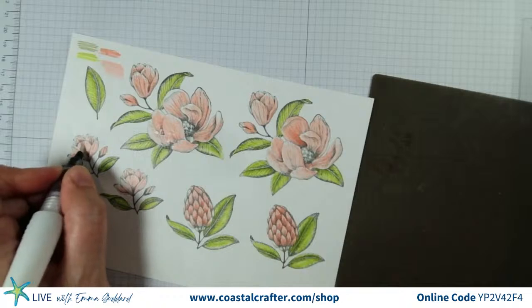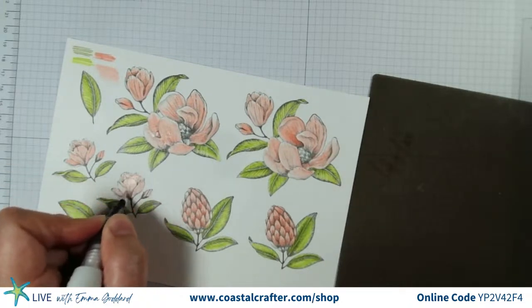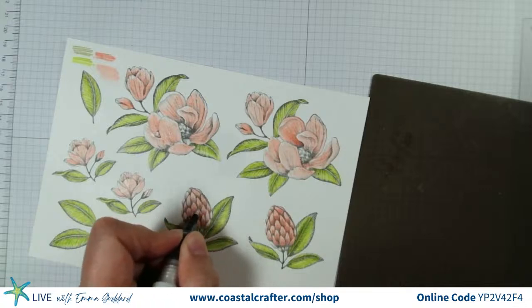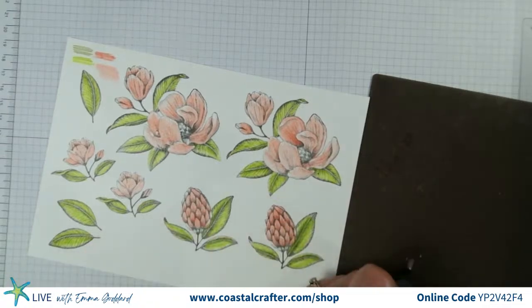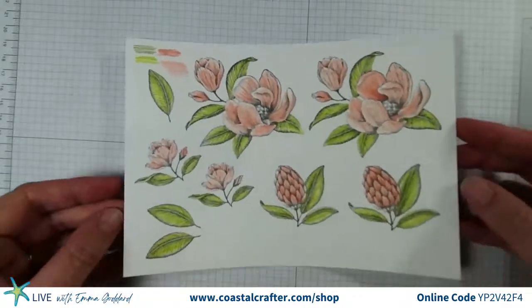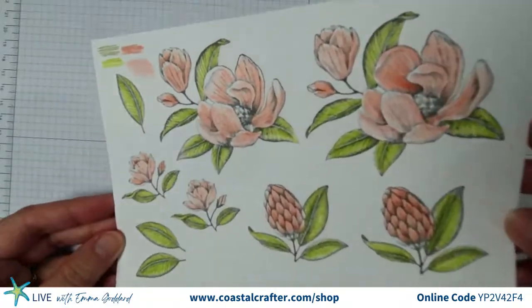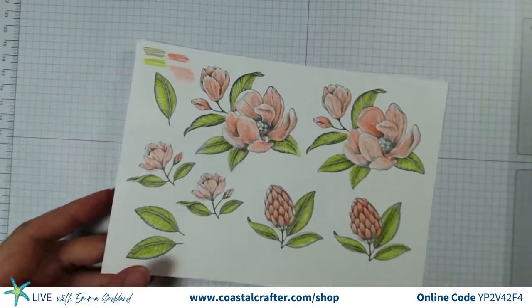So smooth that, and then we will cut these out, and then we'll get them layered onto a card. So that's that done. Now I've got sparkly, shimmery tea, and